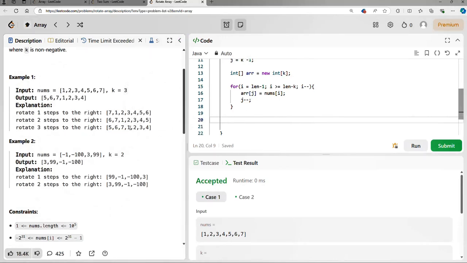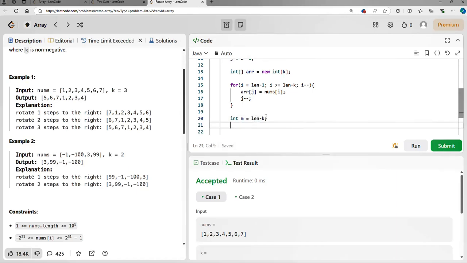Now I need to move these elements to the right. See here, 1 2 3 4 here to the right. For that, I'm going to get the length of elements I need to copy over. So this will give me 7 minus 3, 4. I need to move 4 elements. For that, what I'm going to do is,